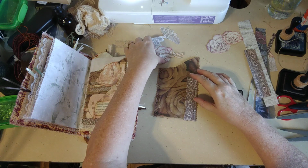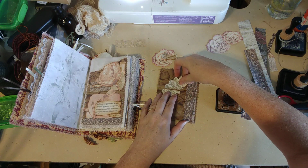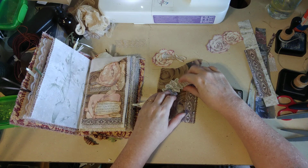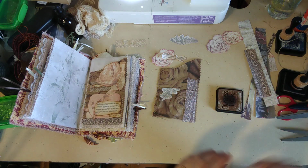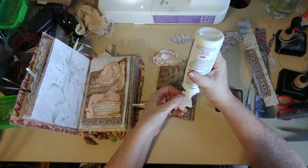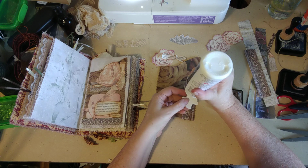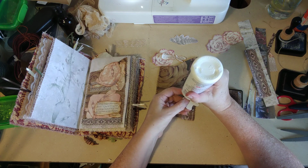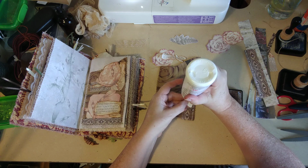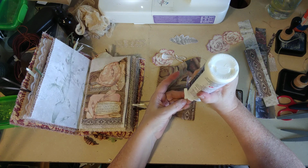All right, so I want this leaf on, I think, first, right? And then I was going to put this one over the rose there, but under this rose up here. Okay, so I'm going to put this part of the leaf on first, and again, I'm going to glue it. Yeah, so when I got my replacement glue, it worked great. No problems at all. It's just the perfect consistency. Oh, so that's the other thing. When you get a new glue, I don't care where you get it from, try it out on a piece of scrap paper first to make sure that it's not too runny, not too thick, because if there's something wrong with it, you don't want to wreck your journal because you've got, really